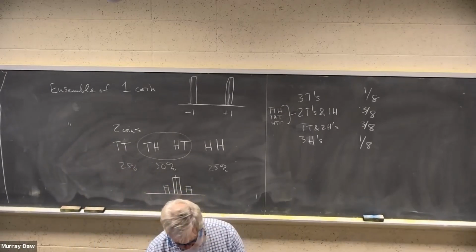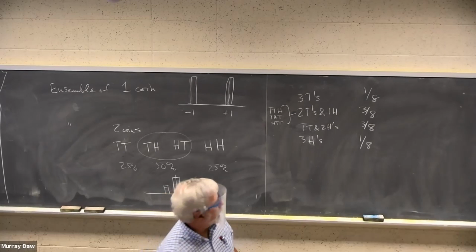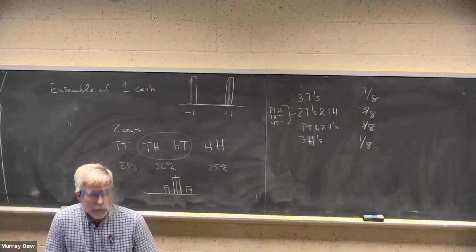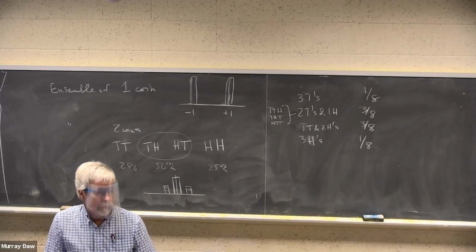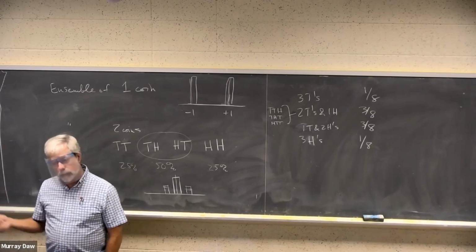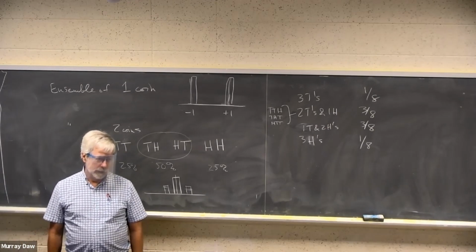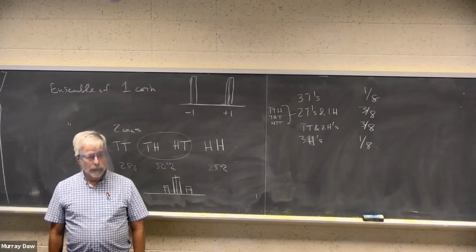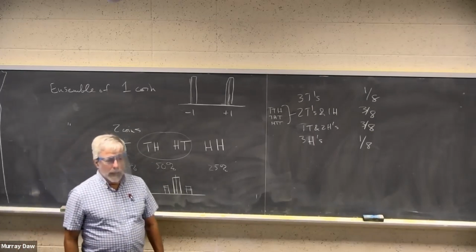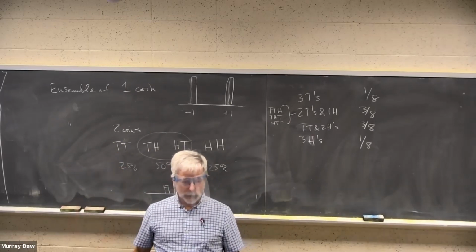So let's do the following experiment. Let's give each person about 100 coins. And let head mean I take a step to the right. Tail means I take a step to the left. Now I want to let each person flip 100 coins, take 100 steps, and then I don't care what the sequence is. I just want you to tell me where you end up compared to where you start.